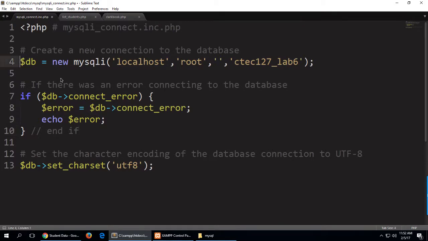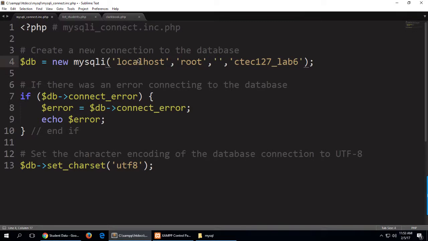I'm on line 4 here, and line 4 may be a little new to you, the syntax, but essentially we're using something that's built into PHP called MySQLi, which is a database driver built specifically for MySQL. And the i means improved. It means that this is the improved version of the original MySQL driver. Now, on line 4, we're going to create a new database connection,